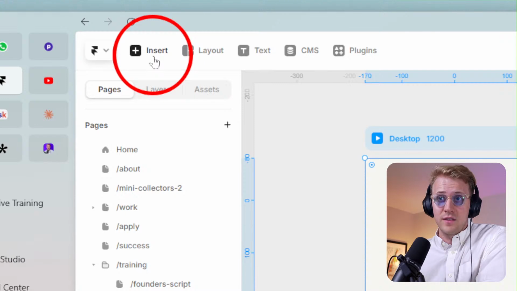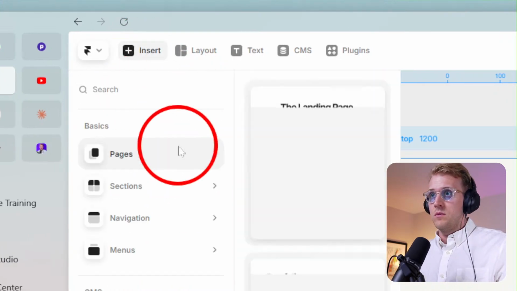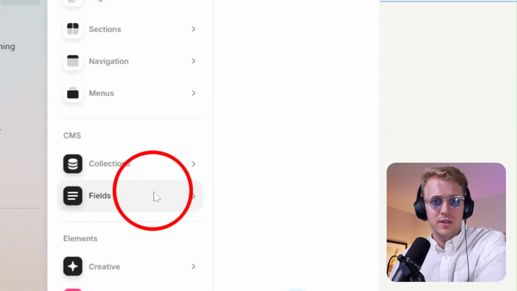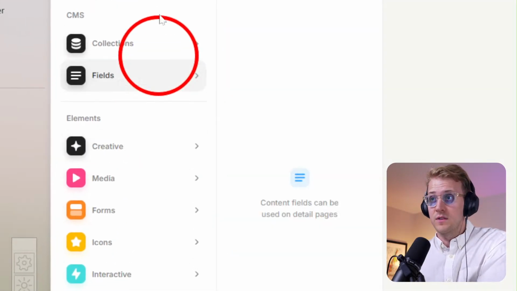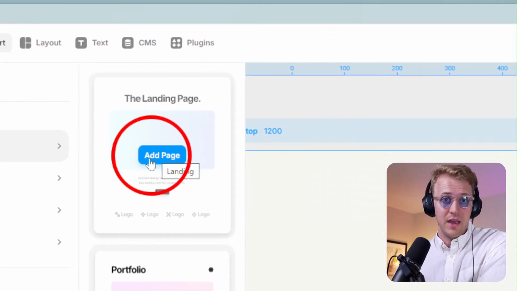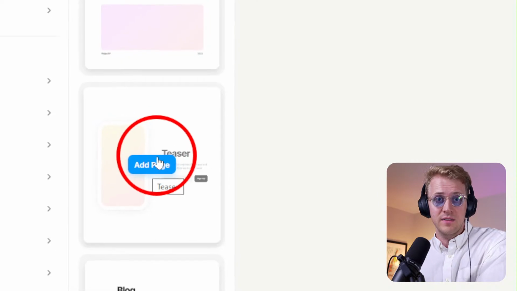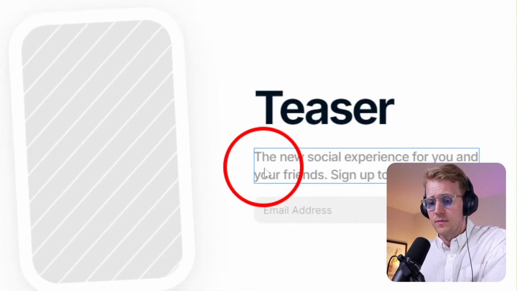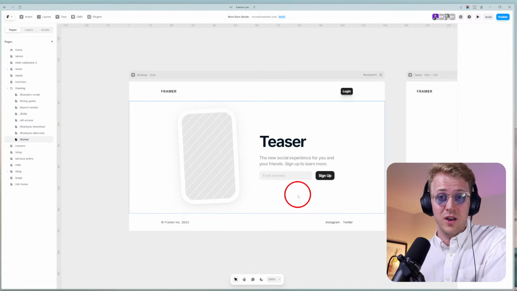You hit insert, and insert will take you to a menu of all these different types of options. And there's tons of great options. You can just start with a page itself and say, I want to just add this page, landing page, or portfolio, or they've got like a little teaser here. This could be a good one. Like, see, this is their version of a landing page, and that's kind of what we're going to build from